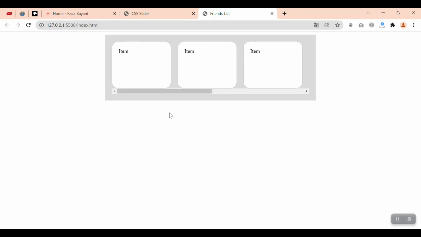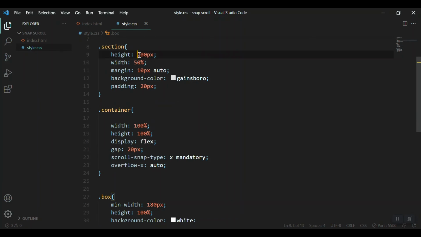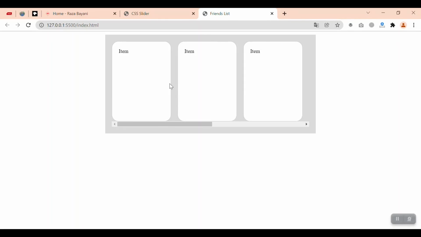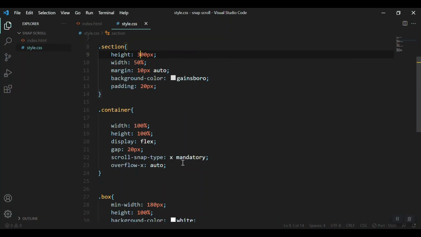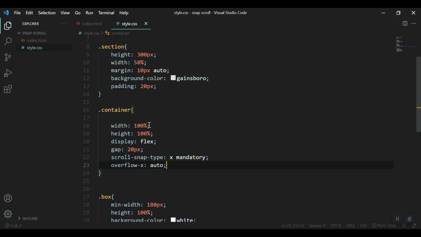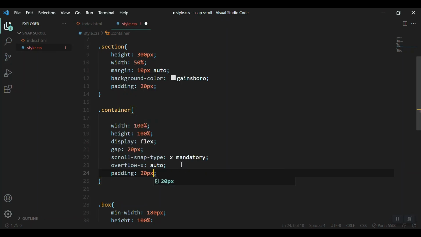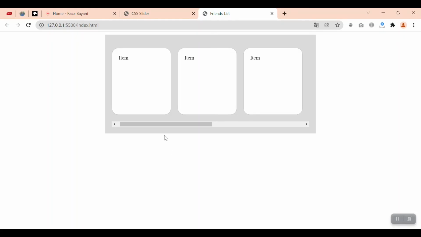Now our items are just looking somehow like squares, so we'll change the height of 200 to 300 to make it a little bit look like this one. Yeah, and we'll give some padding to our container as well, to make this area a little bit wider and bring this scroll bar a little bit down. Padding about 20 px will be okay from default. Okay, now we are